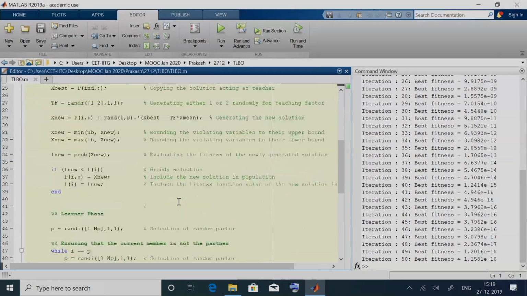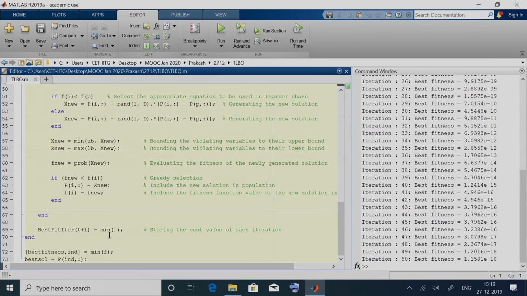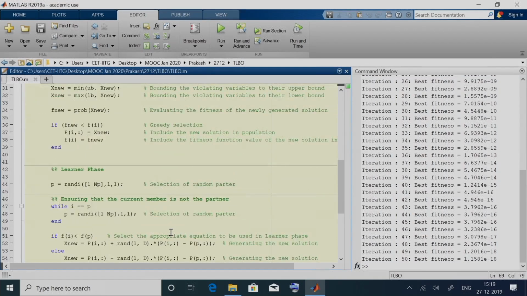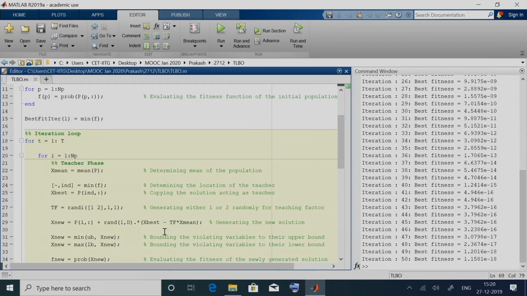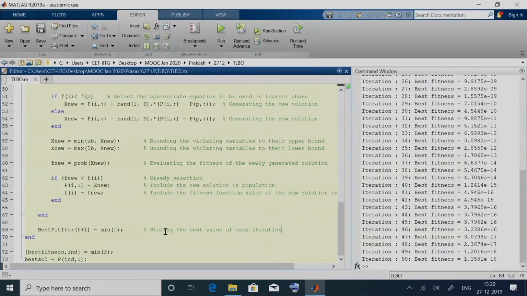So, this is the function file for TLBO. In that file which we showed, we have removed the display statement, and we have also removed the convergence plot. All those things can be done in the script file. In this function file, we have only the algorithm, all the analysis part we have removed, but we also store this to analyze the convergence.